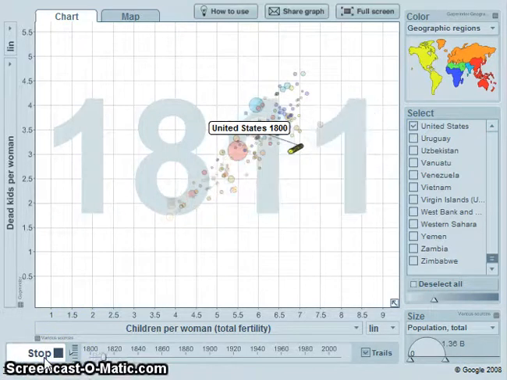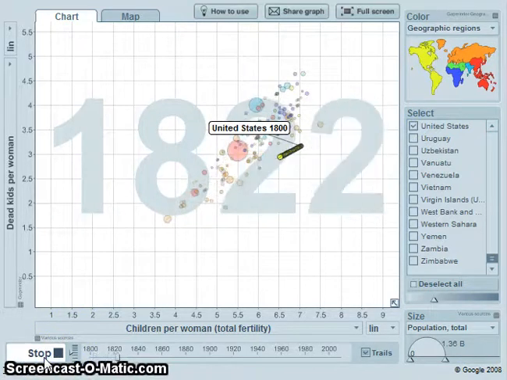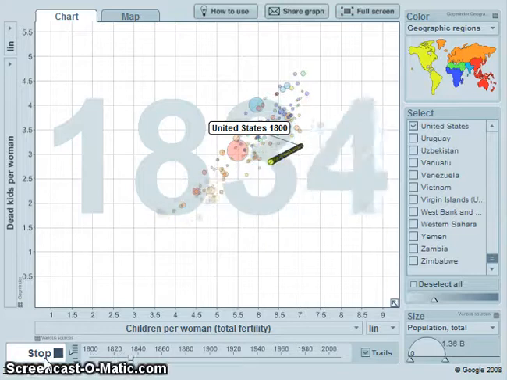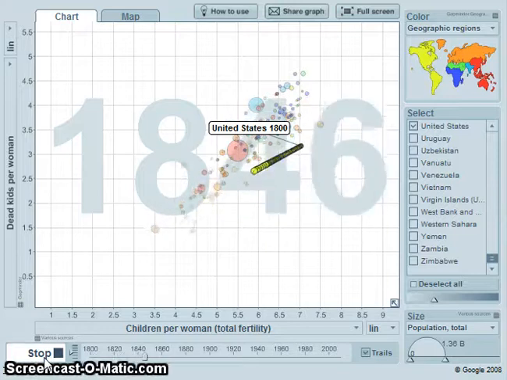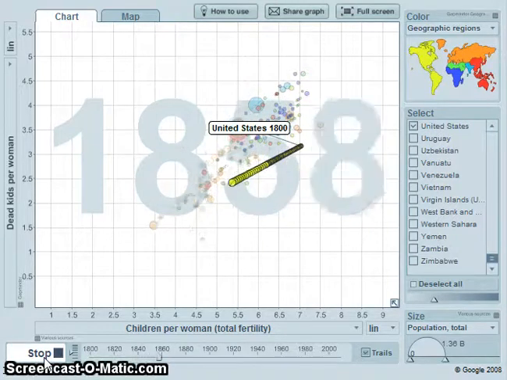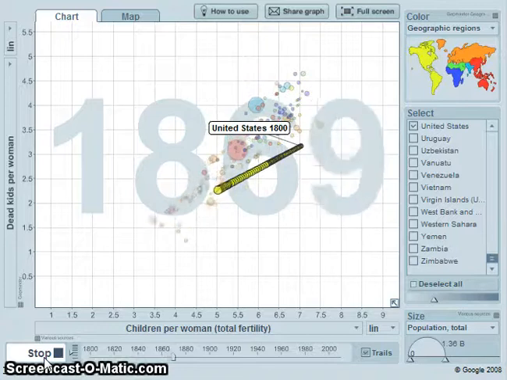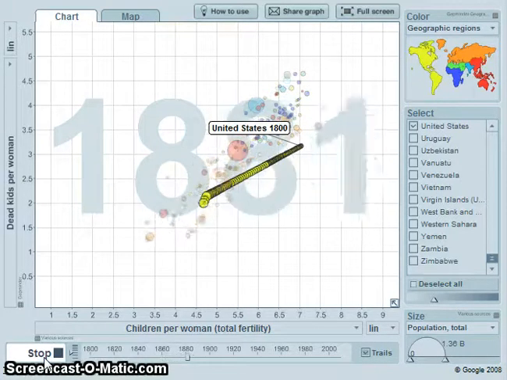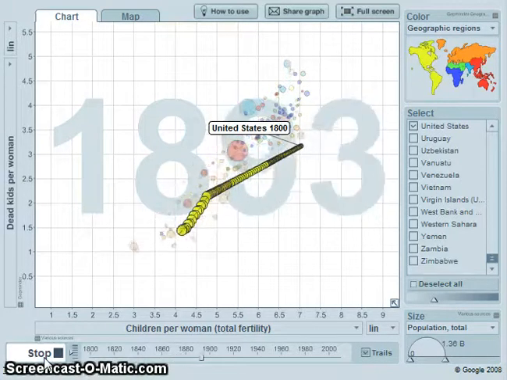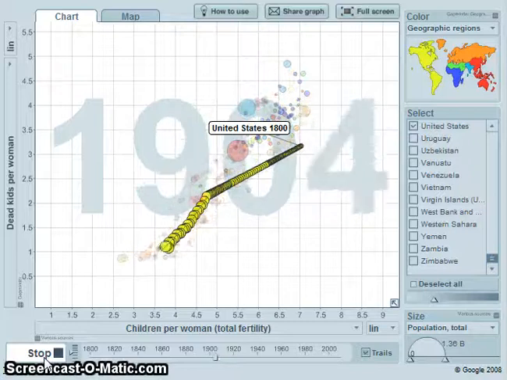The last country we're going to show you is the U.S. In general, the U.S. follows the trend of the rest of the world and slowly decreases in births and deaths. The causes for this we stated earlier. In 1929, the Great Depression begins, but as you can see, there's absolutely no effect on the births or the deaths of the babies.